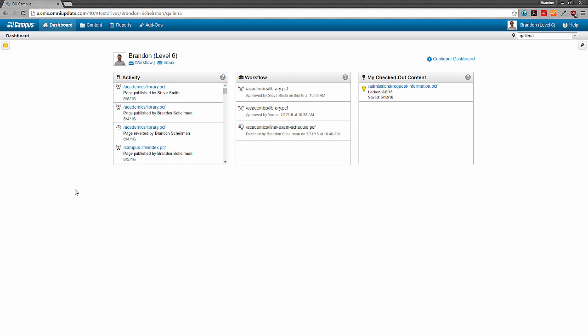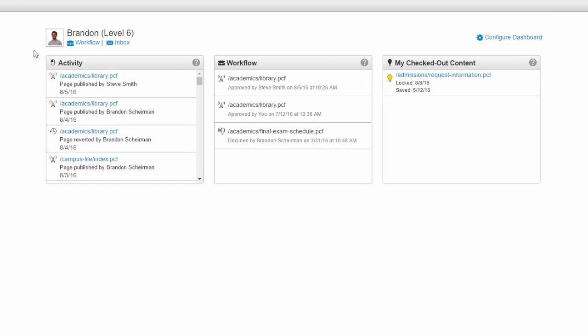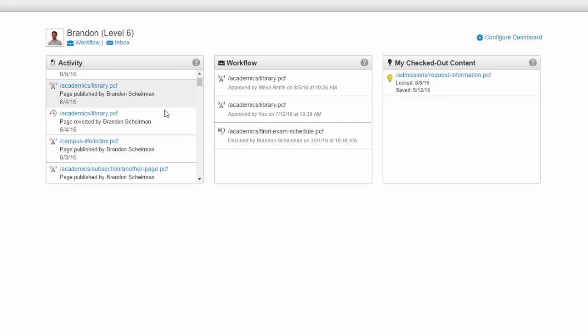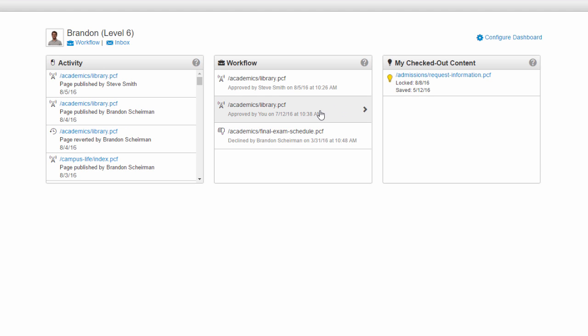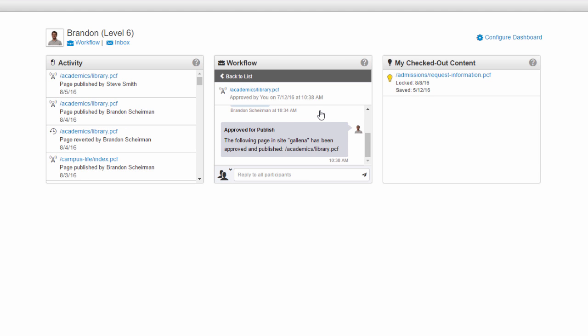So, now that we've very generally discussed what gadgets are, let's cover where you might encounter them inside OU campus. There are two places where you'll see gadgets in the system. The first place is where we are here, on the dashboard. The dashboard houses gadgets that are more focused for the entire site. Everything from the activity gadget, which gives an overview of recent activity for the site, to the workflow gadget, which lists all workflow items that pertain to me.